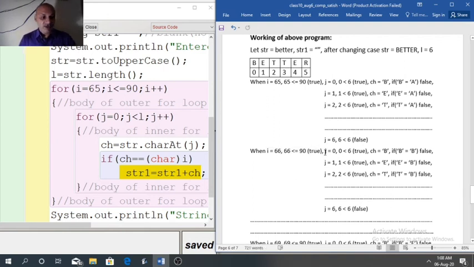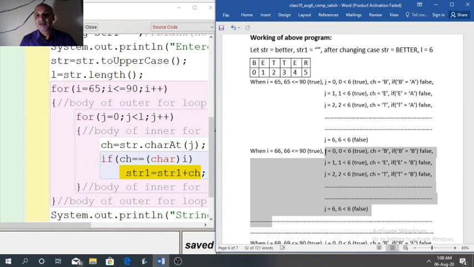So again the J loop will run from 0 to 5. Every time it will extract a character from the given string.